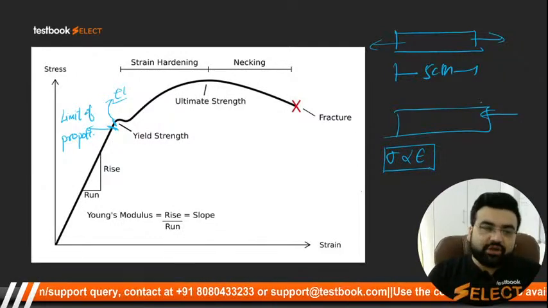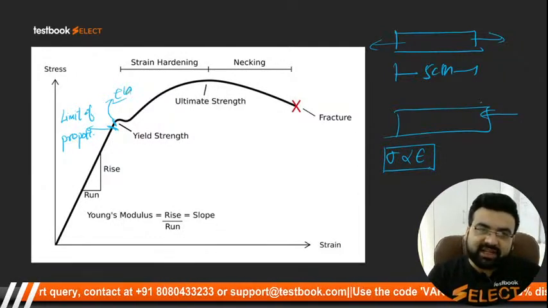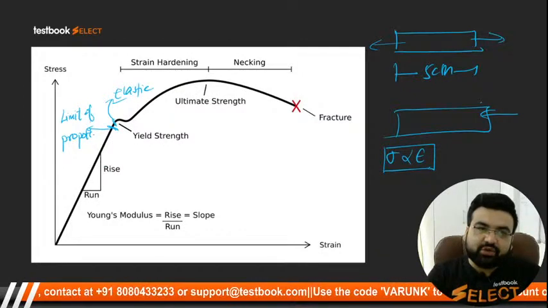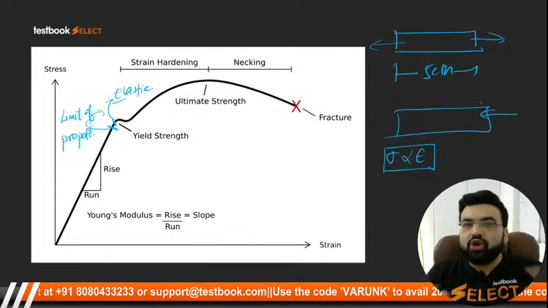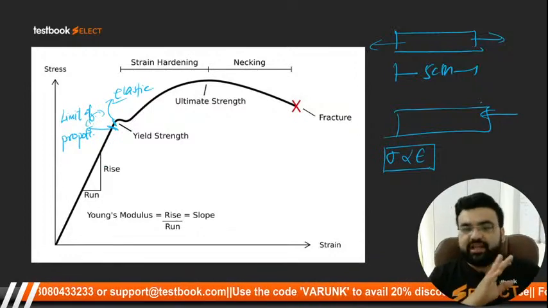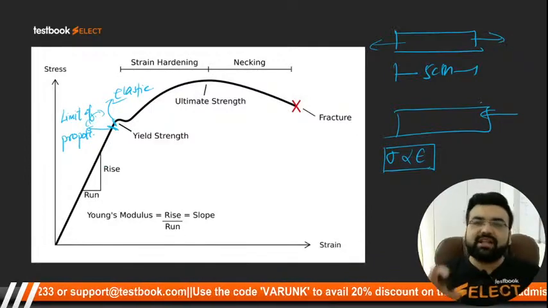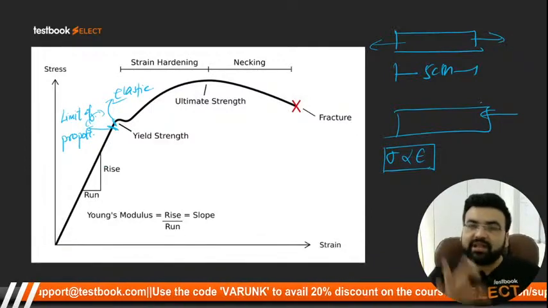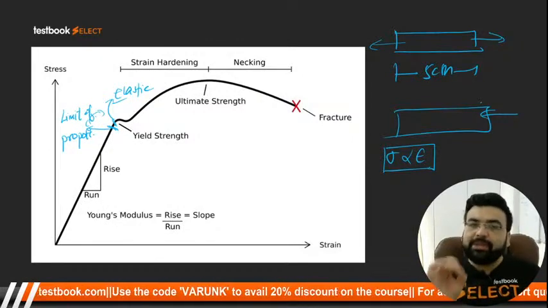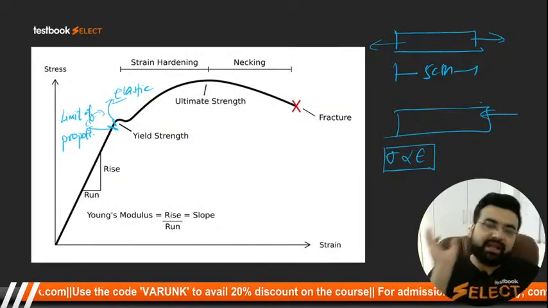बट सिंस ये जो इलास्टिक लिमिट है, this elastic limit, this is very much near to limit of proportionality, तो दोनों को हम लोग इंटरचेंजेबली यूज करते हैं। अगर लिमिट ऑफ प्रोपोर्शनैलिटी बोलो तो समझ में आता है इलास्टिक लिमिट, इलास्टिक लिमिट बोलो तो समझ में आता है लिमिट ऑफ प्रोपोर्शनैलिटी। लेकिन इन दोनों के बीच में बहुत ही थिन डिफरेंस है, जो कि मैंने आपको अभी बताया।